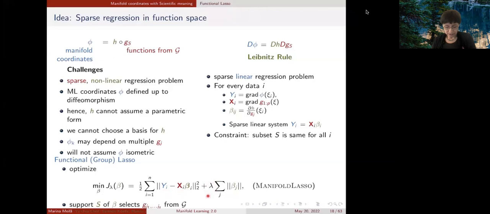Lambda is chosen by selecting the number of non-zero coefficients. One can prove that under certain regularity conditions, the size of the support of these functions should be equal to the intrinsic dimension. Yes, it's a d-dimensional manifold. The intrinsic dimension is little d. We want d coordinate functions that are independent, and so we need d non-zero coefficients. So what we do,